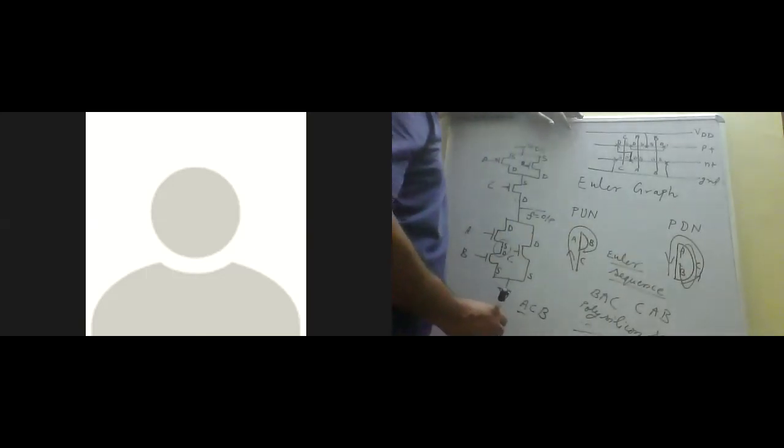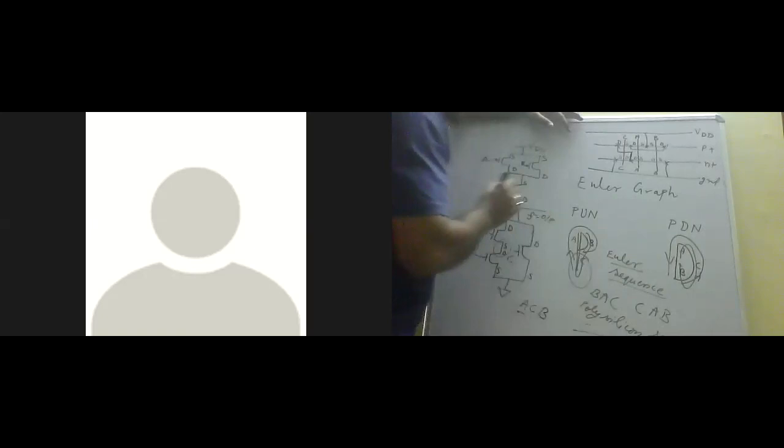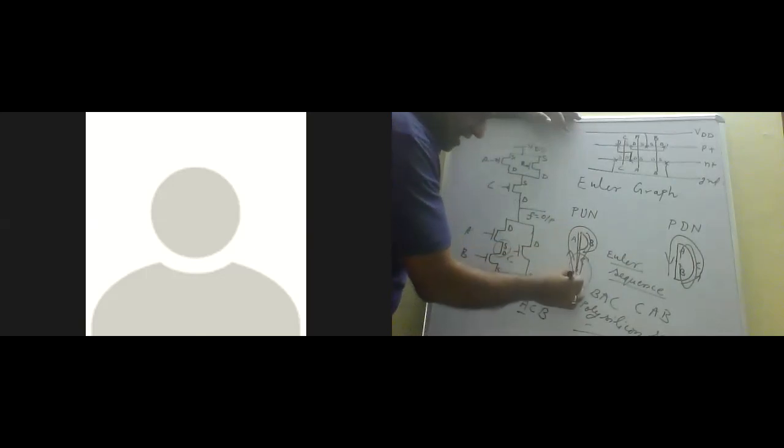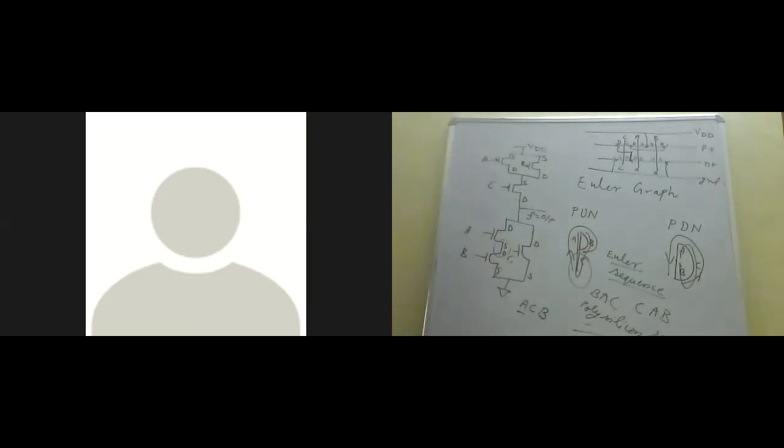Without repeating the branch. Here it is not possible. Why? Because if I start from here, or if I start from here A and then C, now we have to come back to cover this B. So here there will be an overlap. Understand? If I start from A and then C, and if I want to cover the B, I have to go back here. So there will be a repetition of this C. So this is not a Euler sequence in that case.